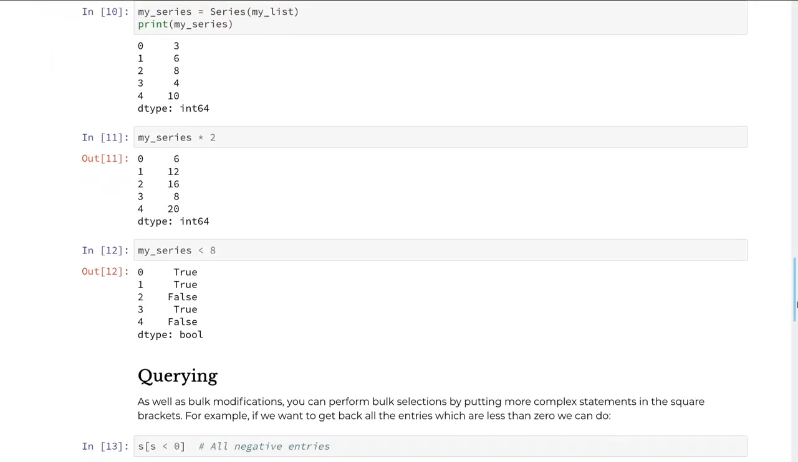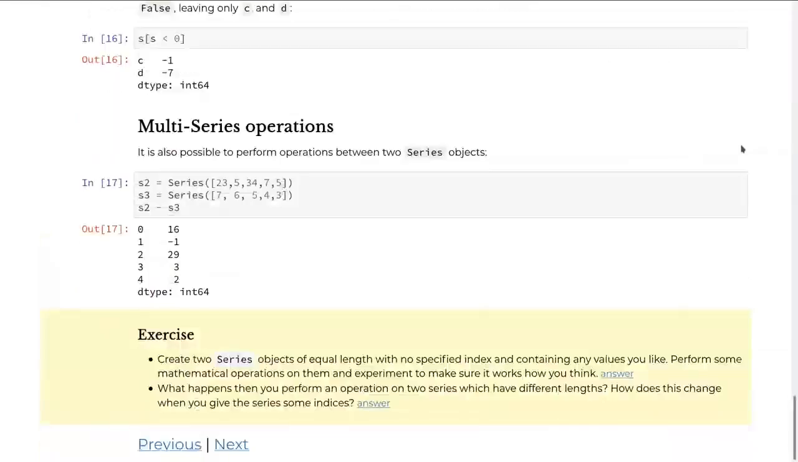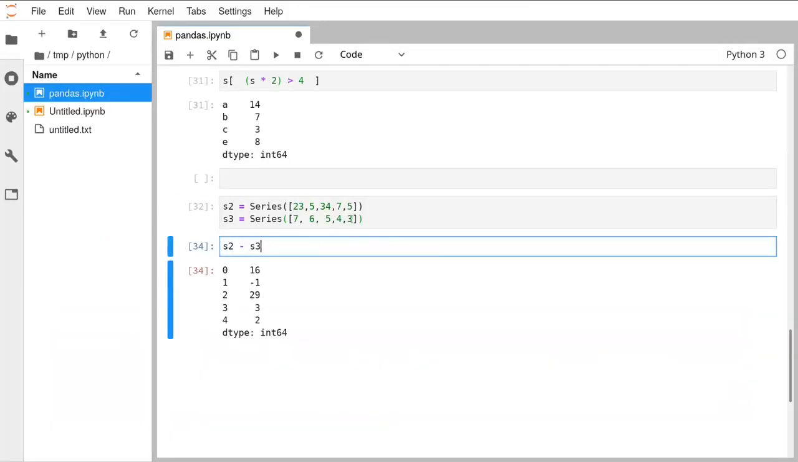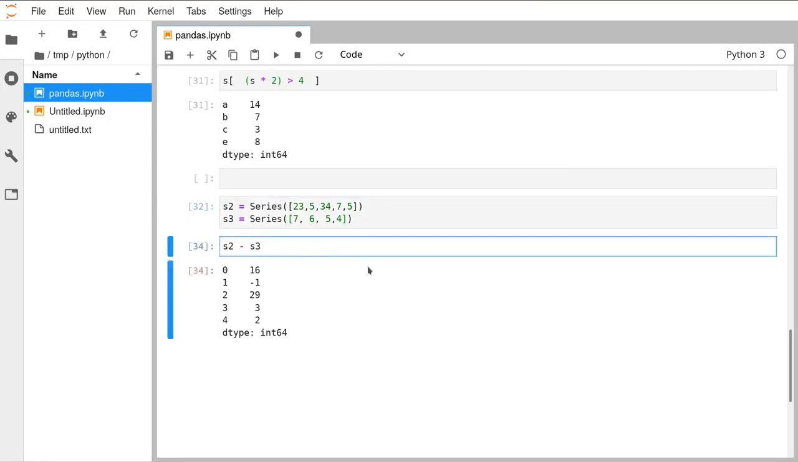So moving right down to the bottom of this, what was the title of this page? It was Introduction to Pandas. Moving right down to the bottom of that page, there is a final exercise here, which I will just go through with you. So create two series of equal length with no specified index and containing any values you like. Perform mathematical operations on them. That's what we've just done there. Now what happens if they've got different lengths? Let's have a look. So let's make S3 shorter. S2 has 5 elements in, S3's now only got 4. If you subtract one from the other,